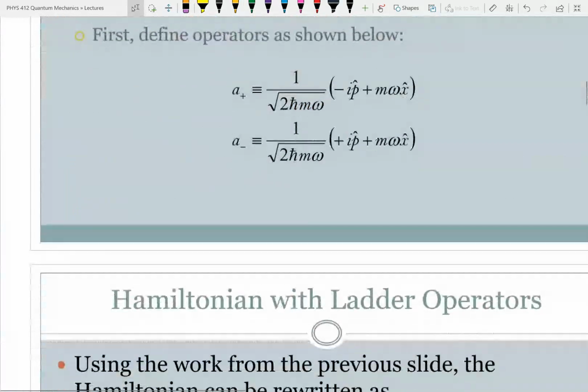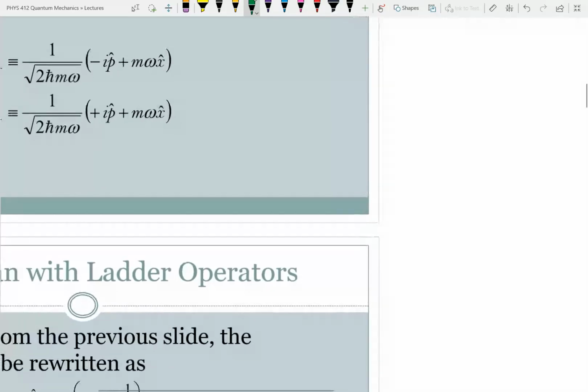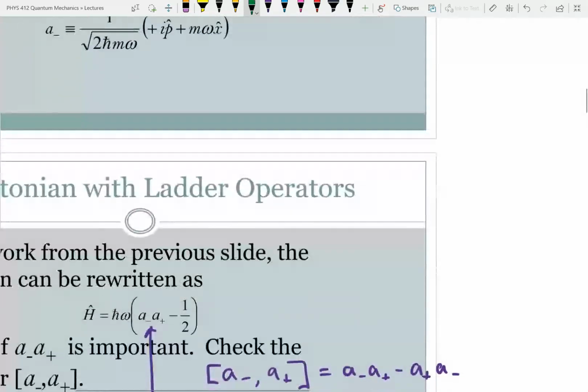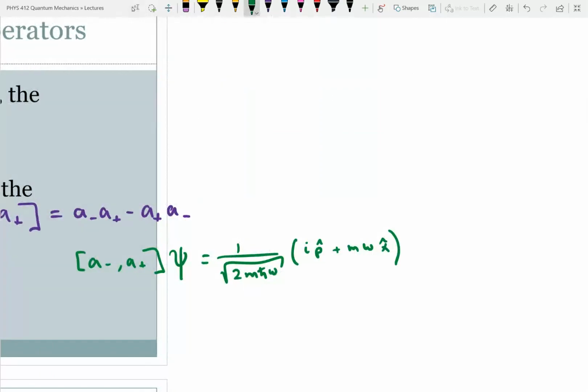That's why I have this here, m omega x operator. So, no, it's m omega. I have m omega there. I'm going to stick with it. I think I did it right. So that's my a minus operator. My a plus operator is